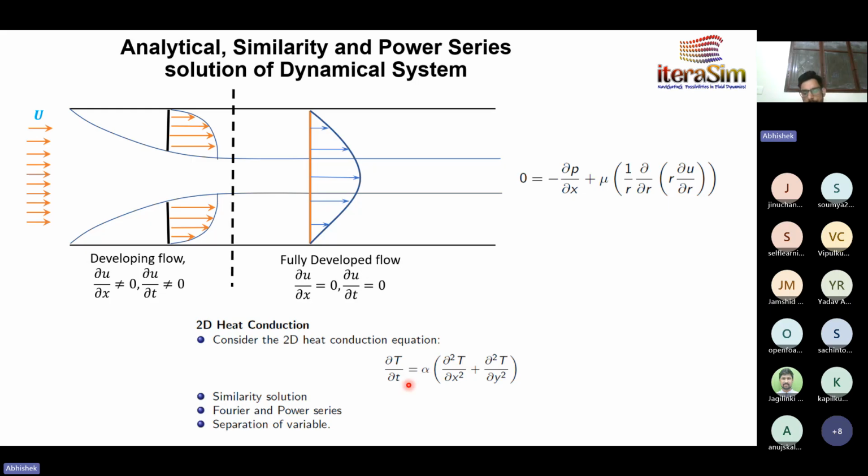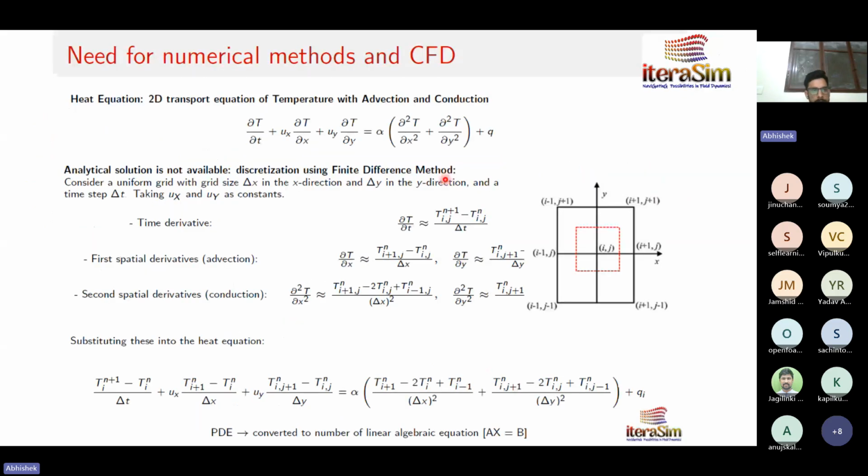So if there is more complexity in boundary condition, shape of the domain, or let's say the equation, then what do we do? We go to numerical methods. So now this is a complete 2D heat transport equation for temperature that I showed you just before. This equation can't be solved analytically. You have to go for numerical methods. So how do we solve it? What we do is we consider